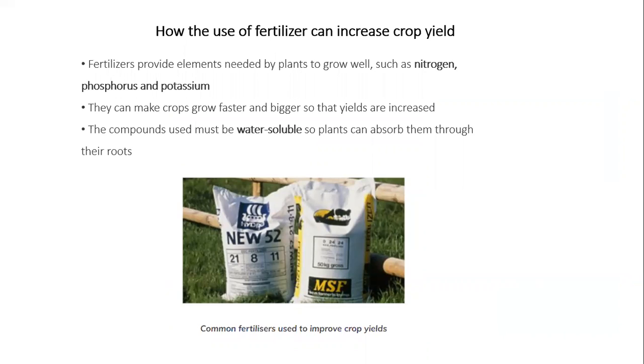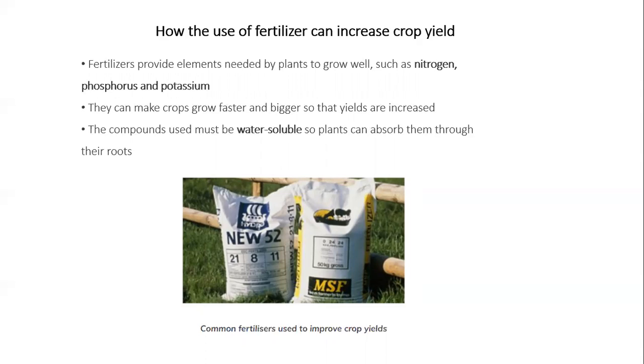Now we will see how the use of fertilizers can increase the crop yield. Okay, I would like to ask one question. What are the major elements that are needed by plants to grow well? We call those NPK. What are these NPK? Nitrogen, phosphorus, and potassium. These are the major elements needed by plants to grow well. They can make crops grow faster and bigger and also increase the yield. The compounds used must be water soluble because we are adding those to the